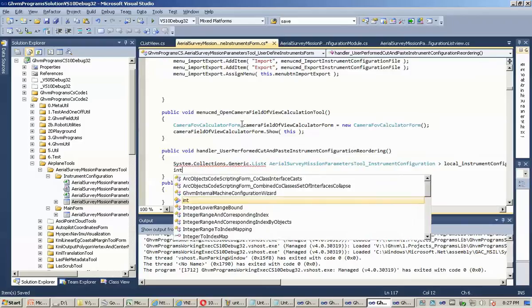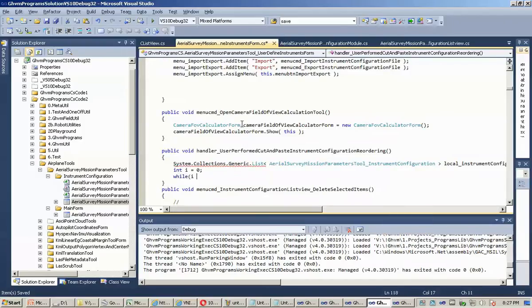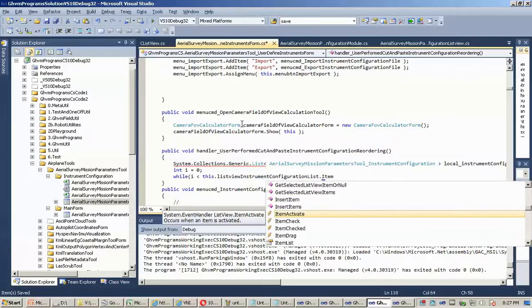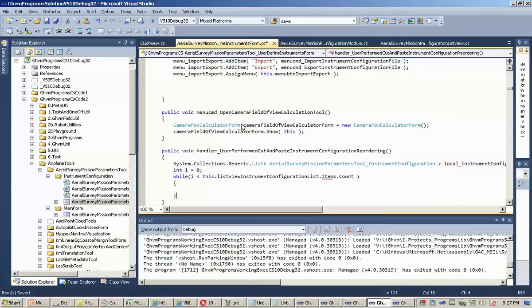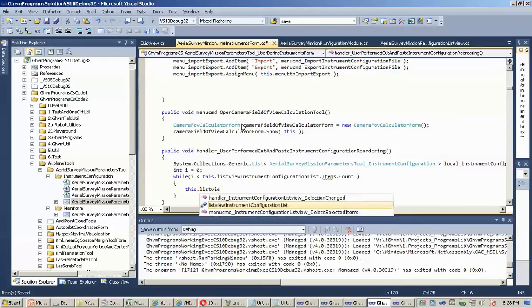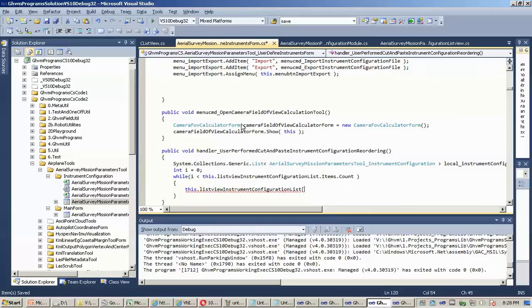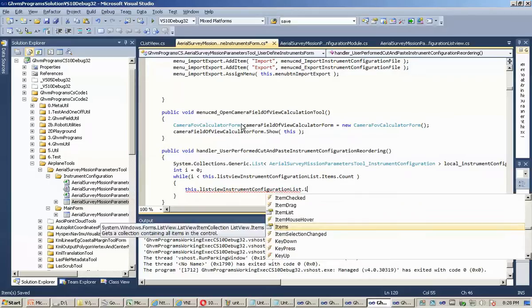So let's iterate over the item list. Item number, items,